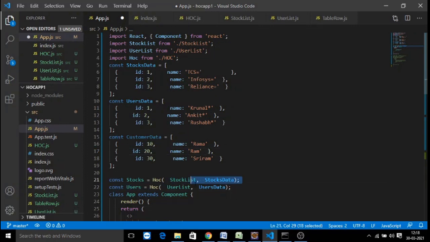Now let's send it, because the columns are the same, right? So I am just sending customer data. For the component I would like to use the same user list itself, and I take it here as customers.